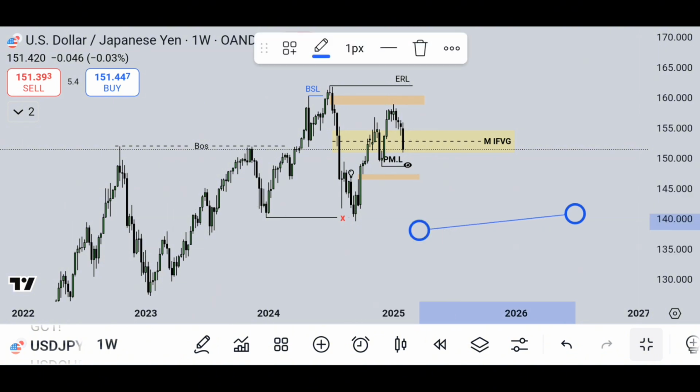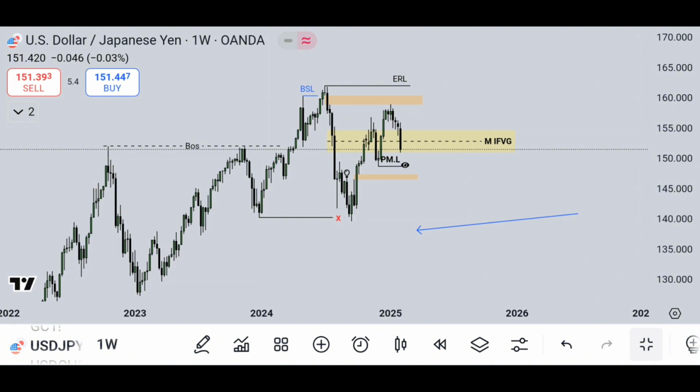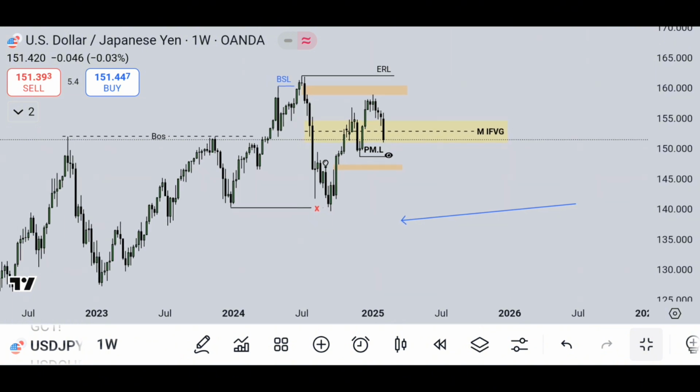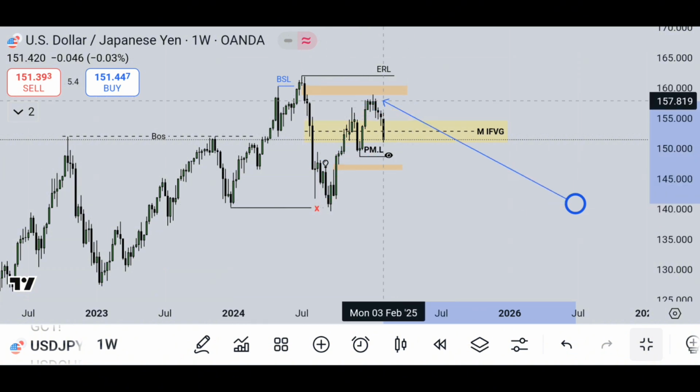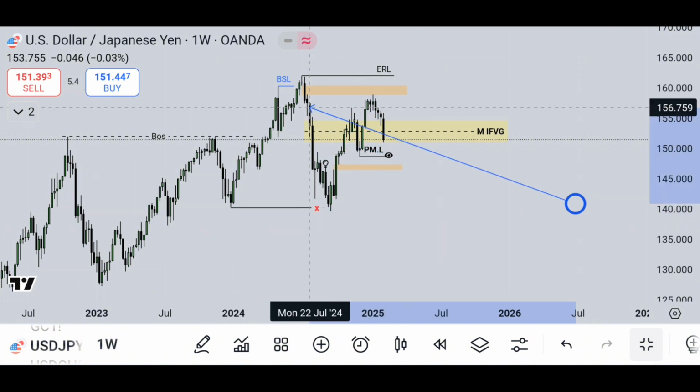So guys, we're on our weekly time frame, right? And remember, we are trying to break down to make our top down analysis just to get reasons for our trades for our next week anticipation, the criteria that support our next week direction, right? So let's take our cautious mind here, right? So guys, we can see that price